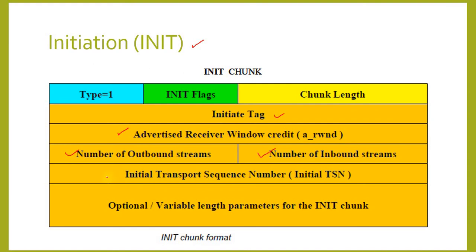Transport sequence number. The TSN is used to identify the sender's initial sequence number. To simplify things, it may be set to the initiate tag field value. The TSN is attached to each user chunk to permit the SCTP endpoint to acknowledge its receipt and detect duplicate deliveries. Optional variable length parameters. These parameters are optional and of varying length. For the INIT chunk, some of the optional parameters are